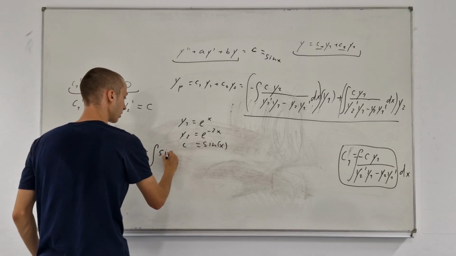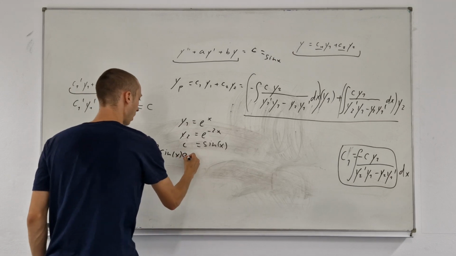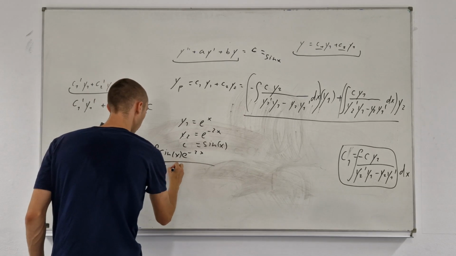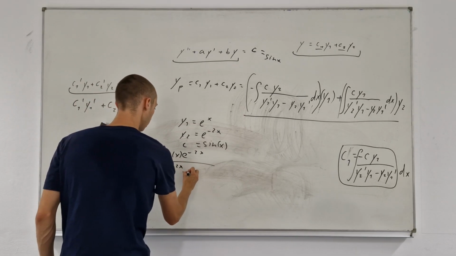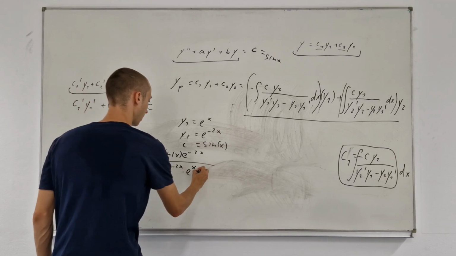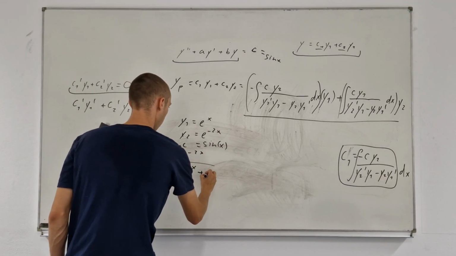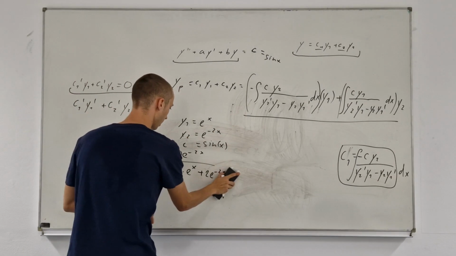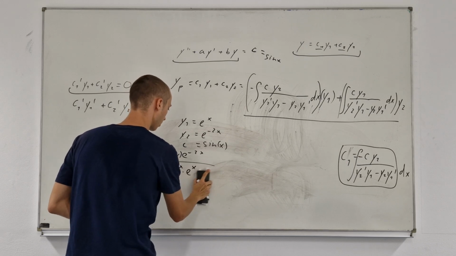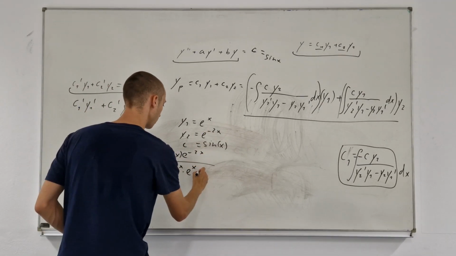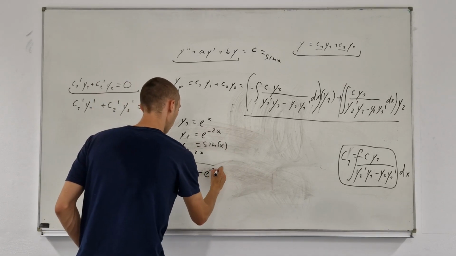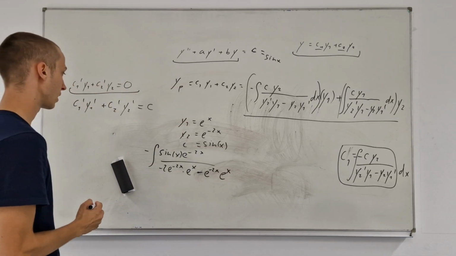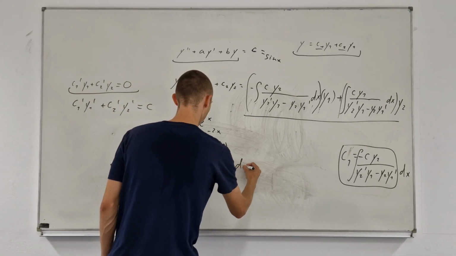Integral sine x e to the minus 2x over, and then you would have to derive y2, which would be minus 2 e to the minus 2x times y1 e to x, and then subtract y2, which is plus 2 e to the minus 2x, because it should be minus. But actually, it's not derivative, so that's a mistake. Once again, subtract it simply. It was a mistake because there's no derivative now. So y2 is really minus e to the minus 2x, and then multiply by y1 prime, which is just e to the x, is not changed. And then you will have to do all of this dx